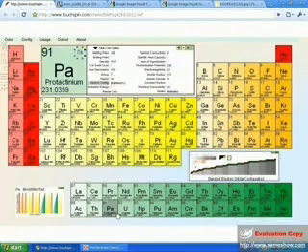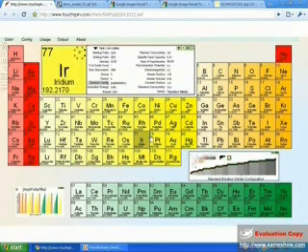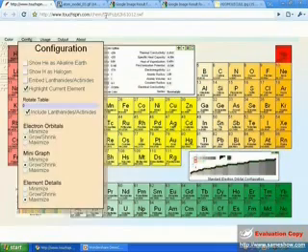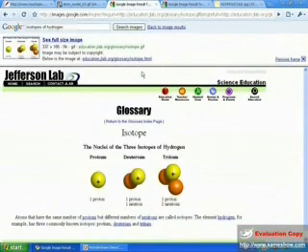For example, there are different isotopes of hydrogen, which means they're all hydrogen. They're variations of each other. They're all hydrogen, but they have more or fewer neutrons. Okay, so here are our isotopes of hydrogen. There's 3